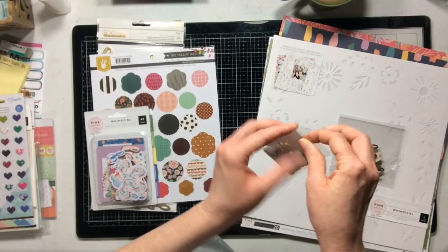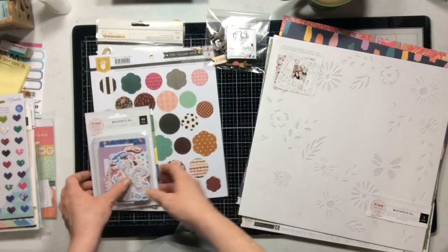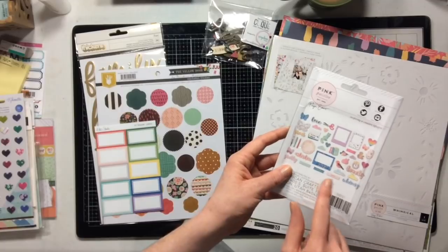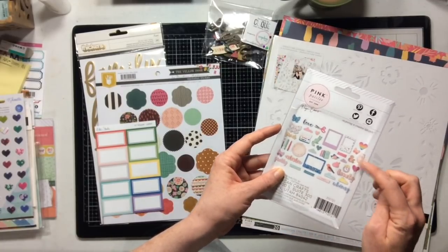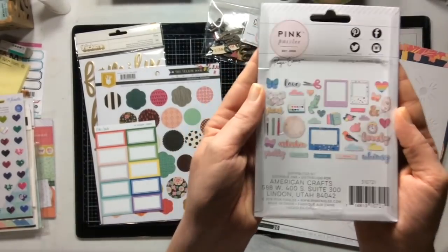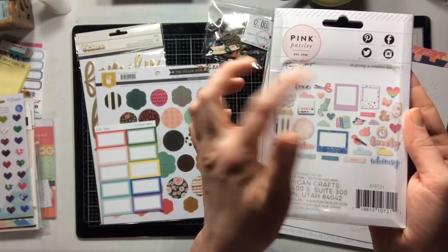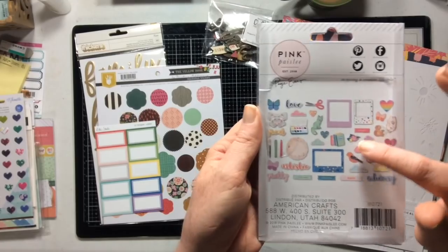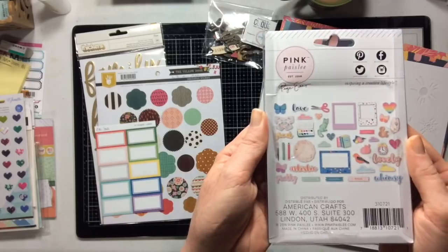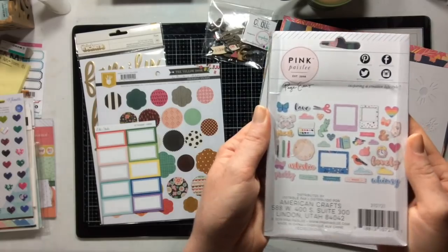That just isn't a phrase that I tend to put on pages much. Then we have an entire pack of the Whimsical Ephemera. So this has the butterflies and the flowers. I'm just going to show you the back of this so you can kind of see what we have here. A couple of frames, some words, butterflies, that little fox, which is the cutest thing ever. Little berries, lots of butterflies. I love the butterflies and I love the hearts. And the little books. I like this that says artistic. That's awesome. So that's what we have in that